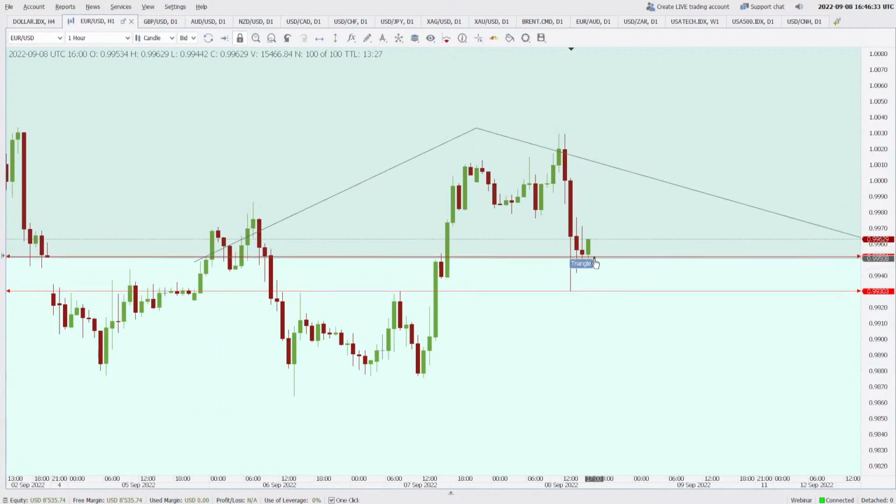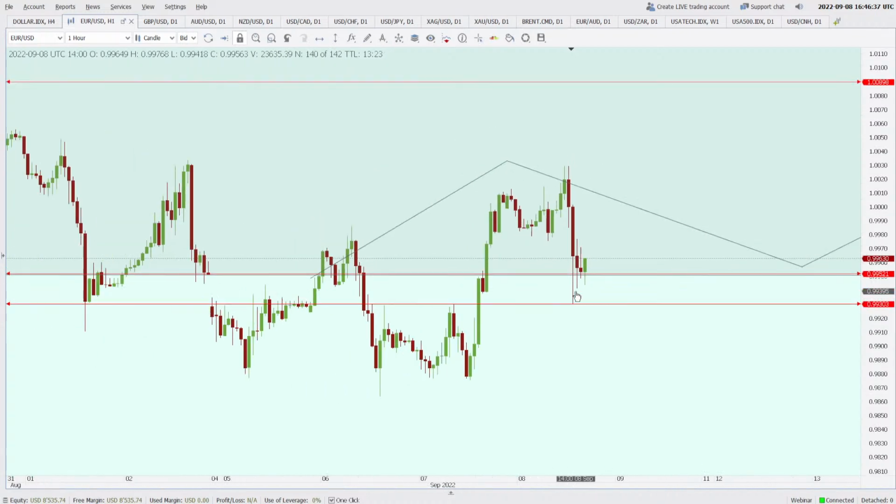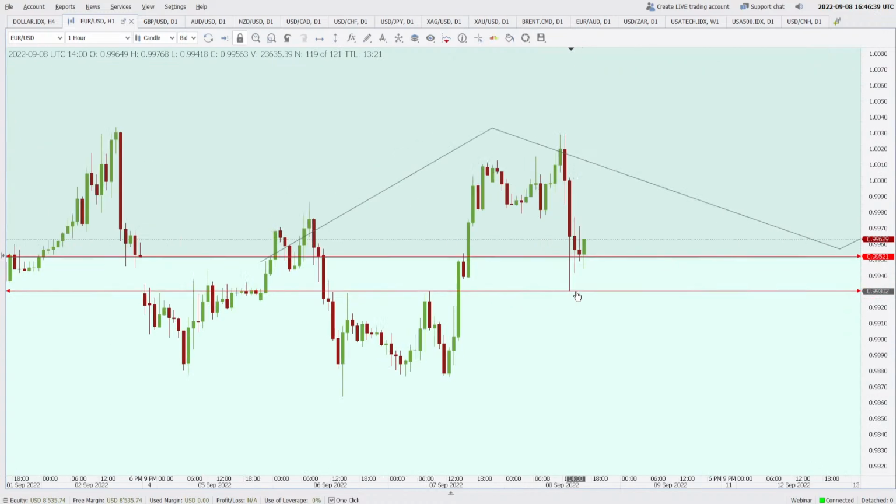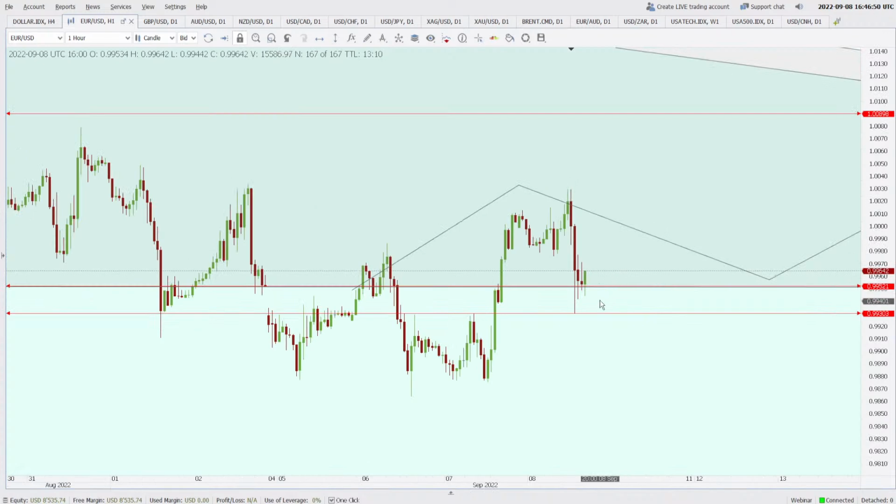So somebody trying to buy here with a small stop loss below this 0.9930 may be a good idea, because after all this price action which was because of the news, it still holds. So there is a lot of buying power here, I must say. Okay, let us see how the things unfold. But right now still 0.9952 is the support, 1.0089 is the resistance in the euro dollar.